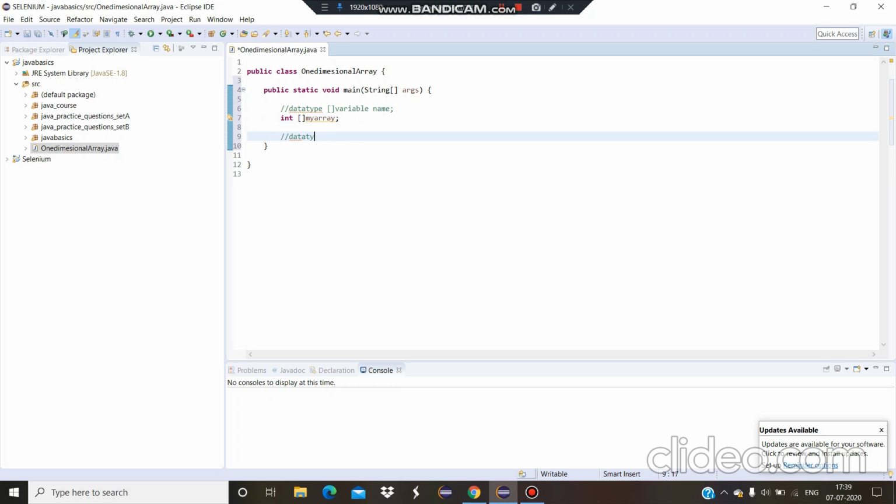So data type, array symbol, variable name, equals new keyword, then the data type, again the array symbol, and inside this array symbol I am going to specify the size.